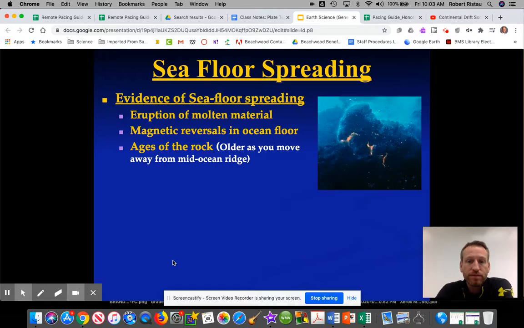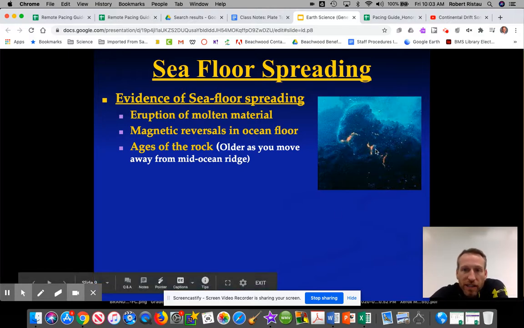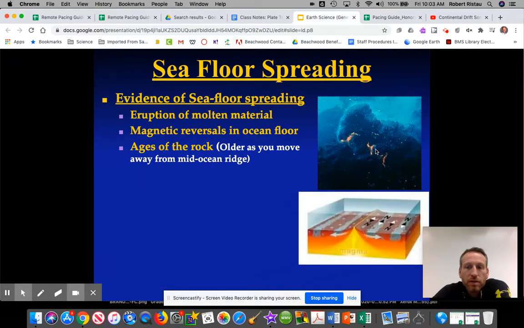at that ridge. Okay, so there's one of the pictures of some of the molten material coming out. You might say, well, it doesn't look like a lot. You have to remember, it hits the water, it cools right away, right? So that happens quickly, so it doesn't stay molten very long. You see some of the bubbles, though, coming up,